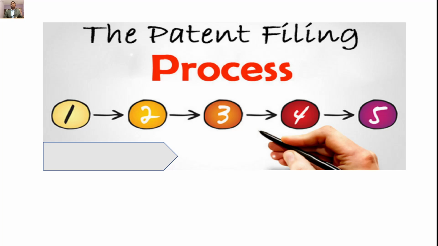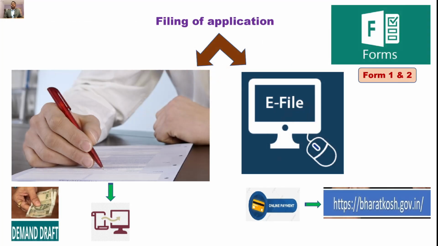So now we will look into the step-by-step process involved in patent filing and patent granting. First, you have to start with filing your patent application, which can be done through e-filing, a computerized software system. This e-filing method is highly encouraged because it is absolutely paper free and very convenient to handle. Whatever patent filing fees are applicable, you can pay with your credit card, debit card, or UPI, and the payment goes to Bharat Kosh.